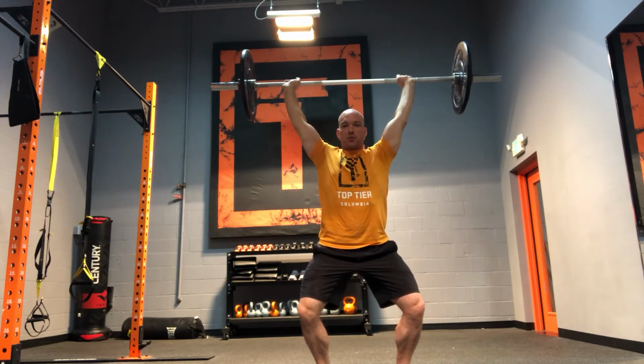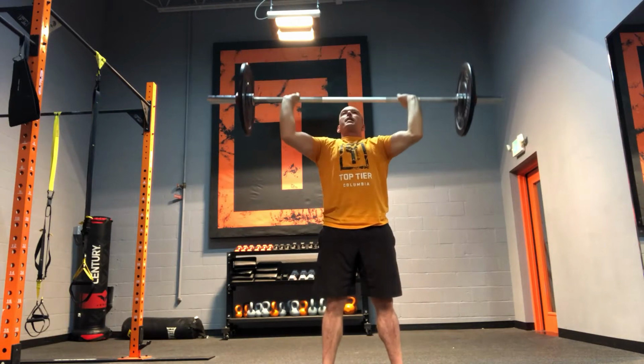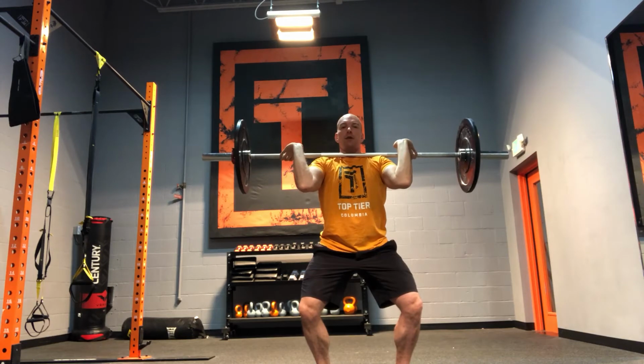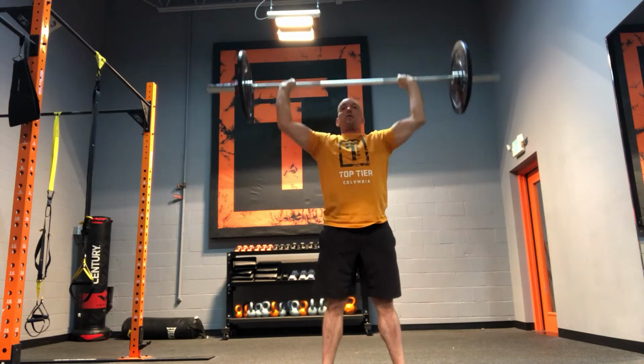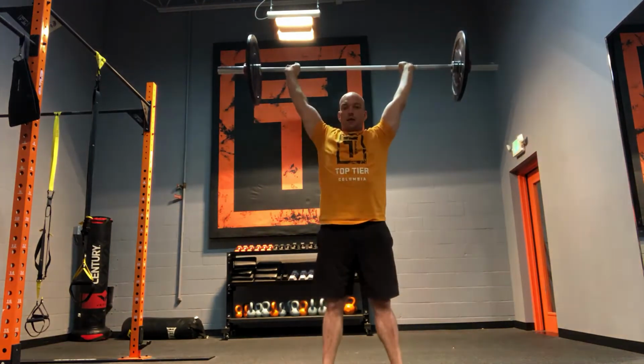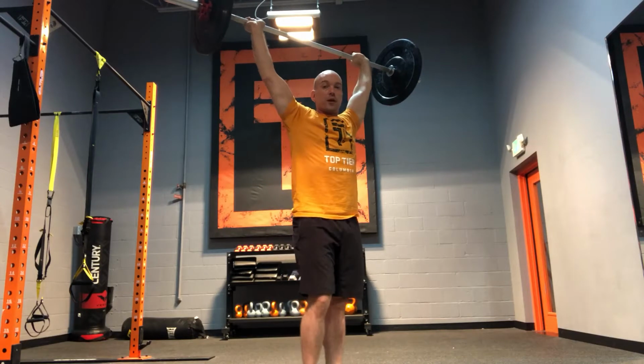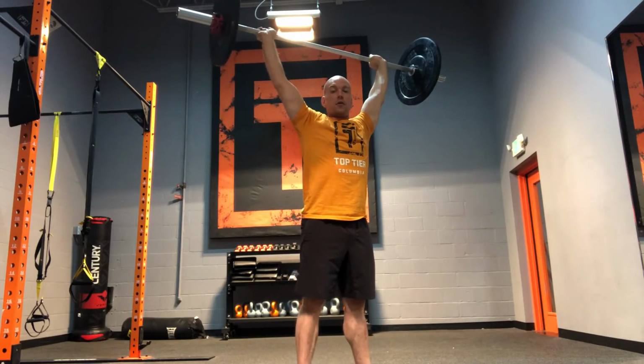So I've just caught my jerk. I have to make sure I stand before I bring the bar back down and cycle the next one. Stand, stand, stand. All right. Another tip is to make sure that when you bring the bar back down on the next